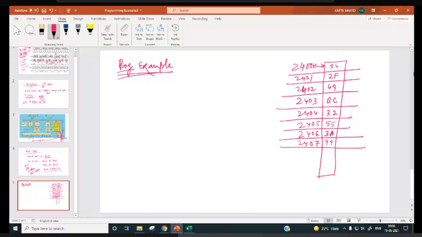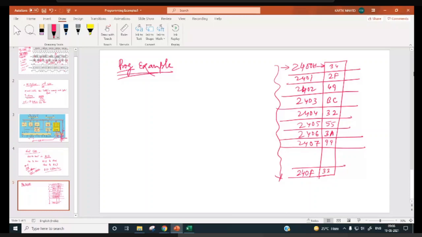Right. So this type of data is stored in memory locations starting from 2400 onwards, and our data block is ending over here at 240F. So 16 bytes are there. Here we have suppose 33.